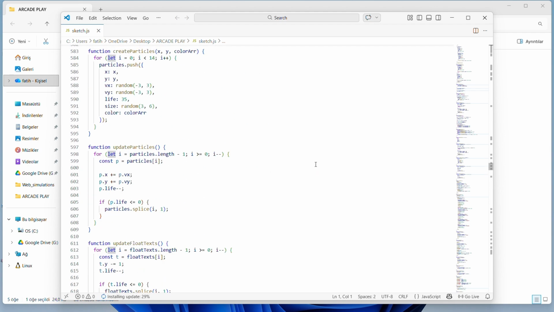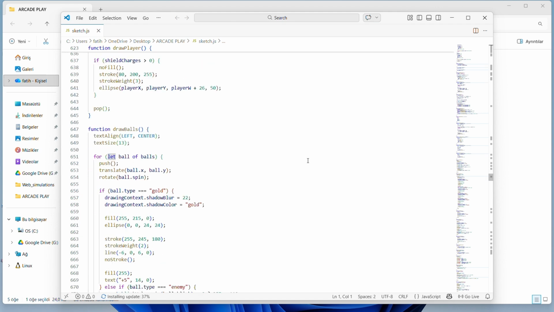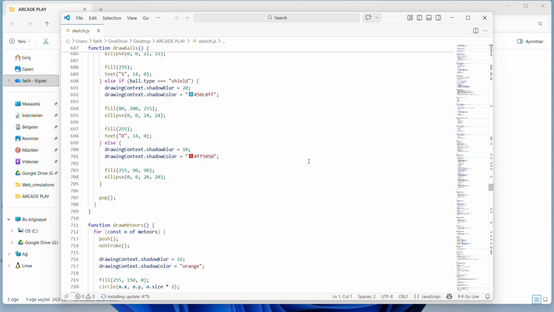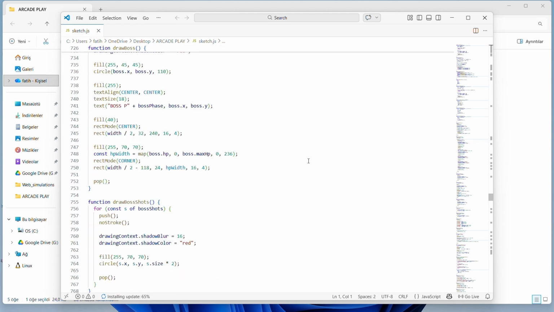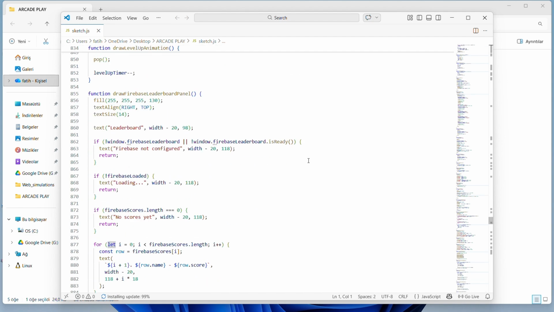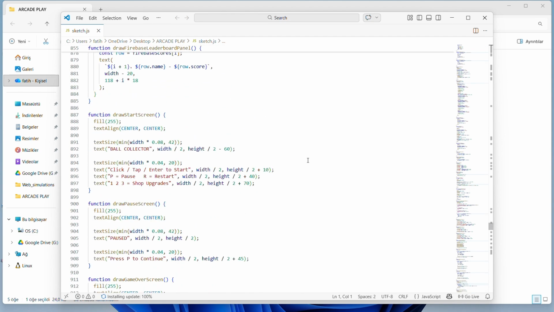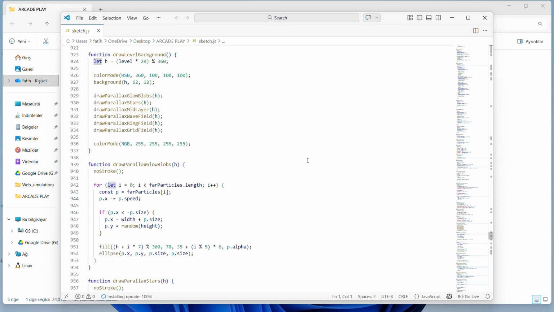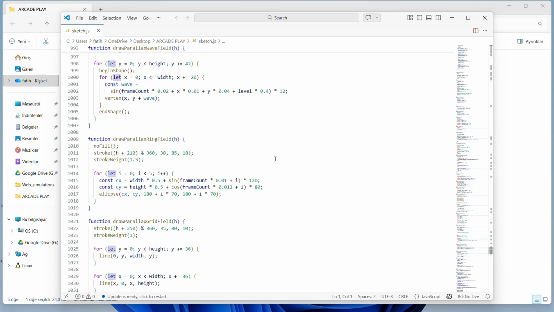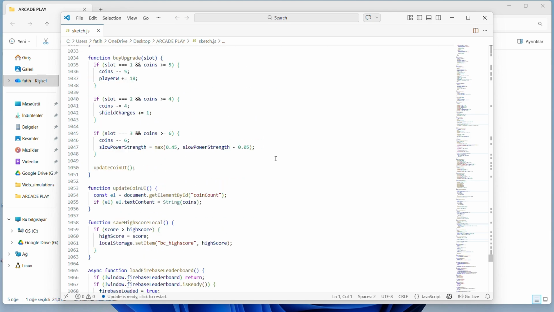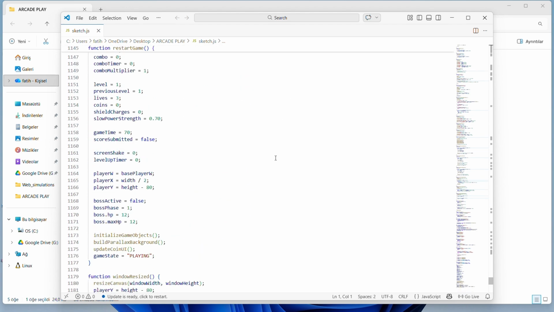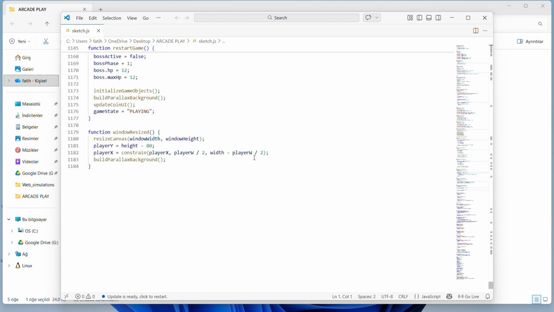The structure of the project is simple and modular. The index.html file loads the p5.js library and initializes the game environment. The style.css file is responsible for the visual layout and basic styling of the page. The main game logic is implemented inside the sketch.js file, where all game mechanics are coded. Inside the game loop, the program constantly updates the position of objects, detects collisions, and renders the scene on the canvas. This loop allows the game to run smoothly and react to player input in real time.